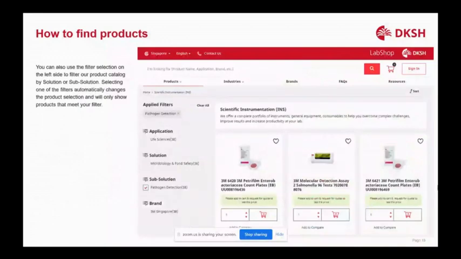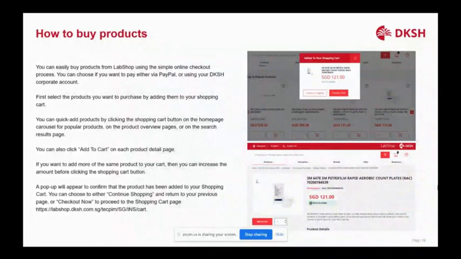Once you have found the item that you want to purchase, you can click on the cart icon, and you'll see a pop-up asking whether to check out or continue shopping. Alternatively, you can click on the image or the product title, and you will be led to our product page where all the product details are listed with the specifications. You can also refer to videos and the product catalog on our product page. If you would like to purchase that particular item, just click the add to cart button.